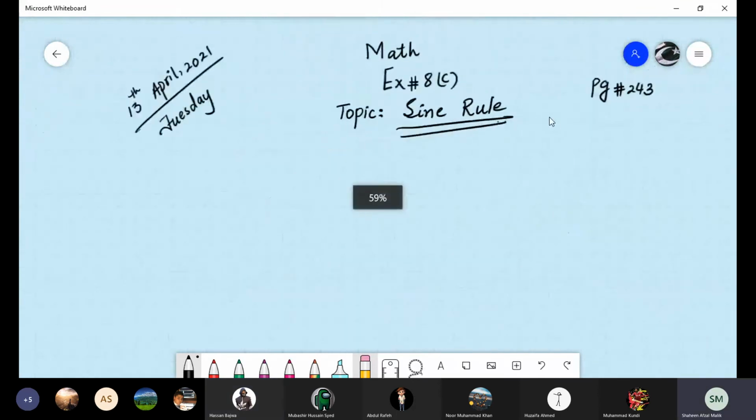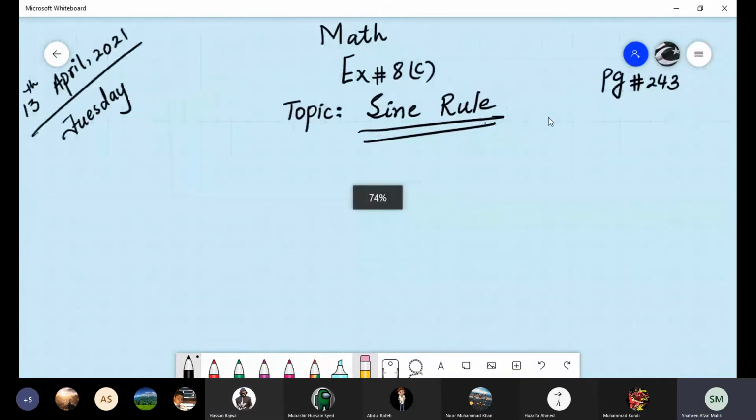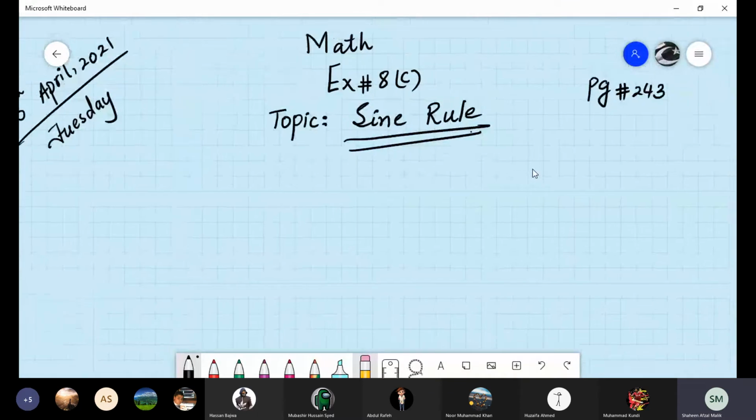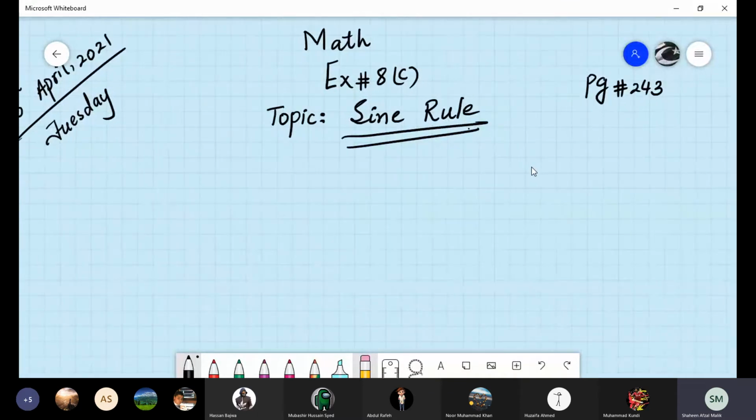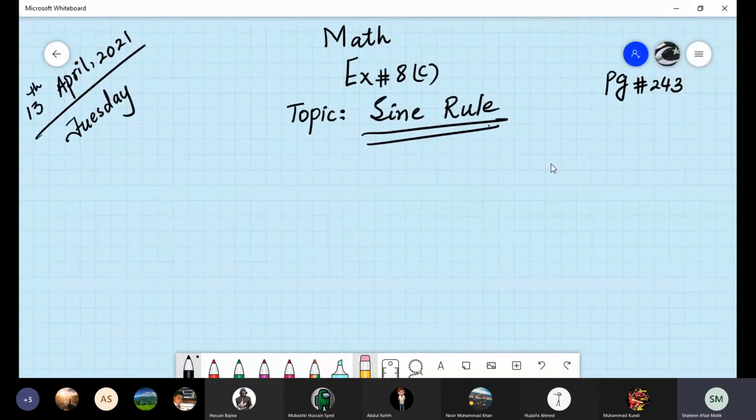Yes. We are solving the sine rule. And what is the sine rule? Yesterday we applied both conditions, when we want to find out the missing angles and when we have to find out the missing sides. When we want to find the missing angles, we keep angles at the top and the sides in the denominator. But when we want to find the missing sides, we keep the sides in the numerator and the angles in the denominator. So we have to do the last question of this exercise.